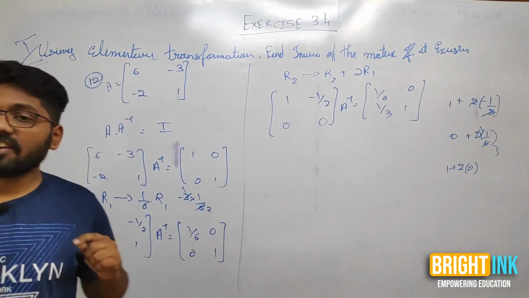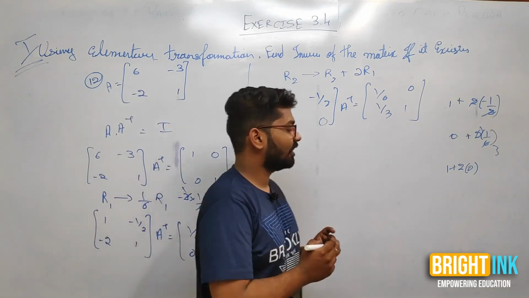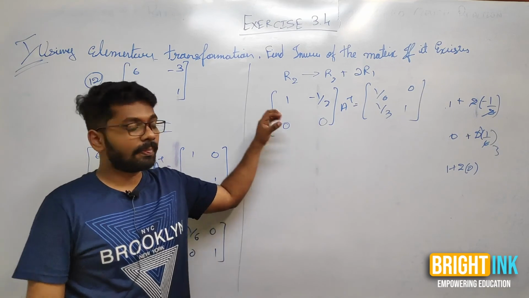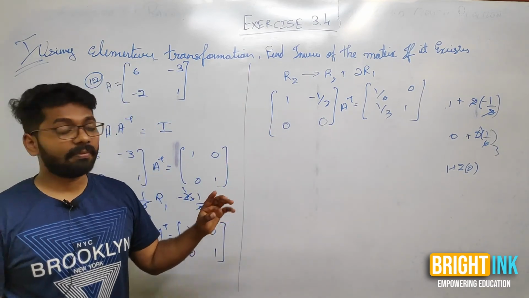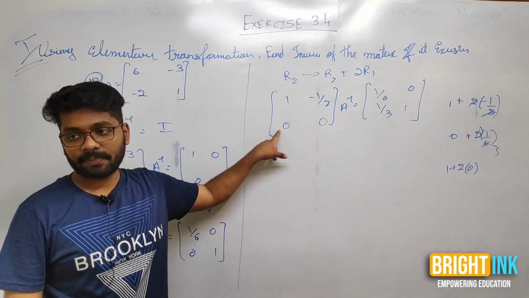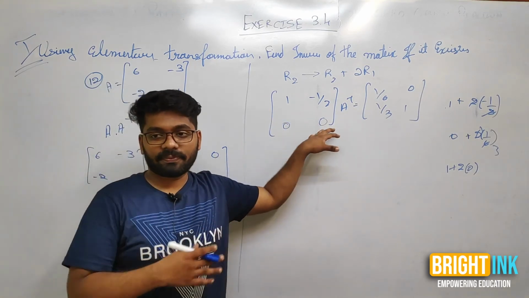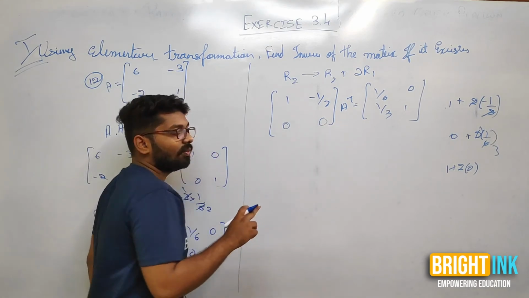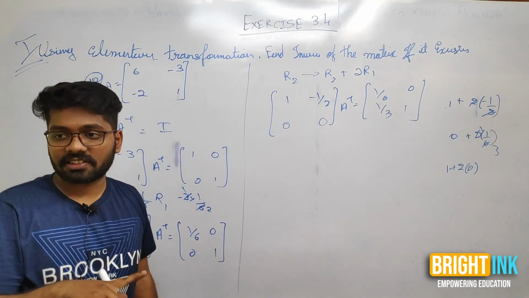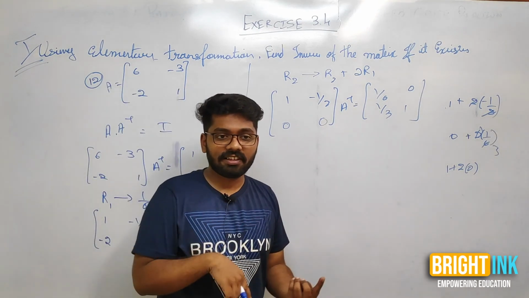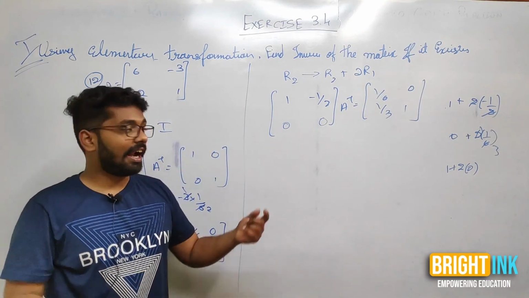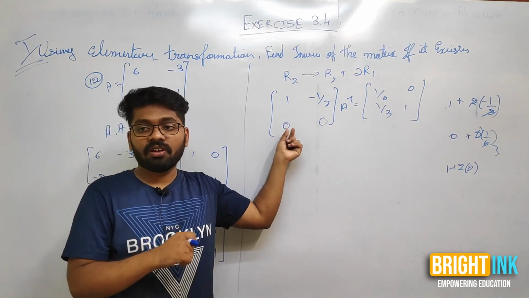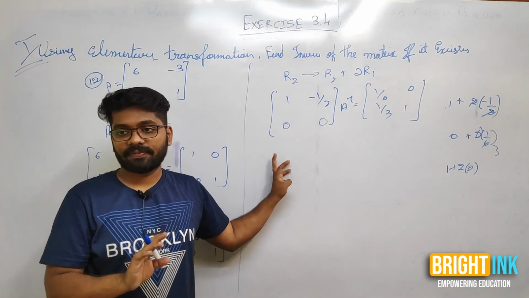So why did we choose this sum to solve? See here, the main thing is, what did you get in the second row? 0. What were we trying to make 0? This one. Now this has also become 0. Now if you want to get 1 here, what will you do? You cannot use multiplication. It means you should use addition. Whenever you use addition for this position, with this position being 0, it also changes the other position.